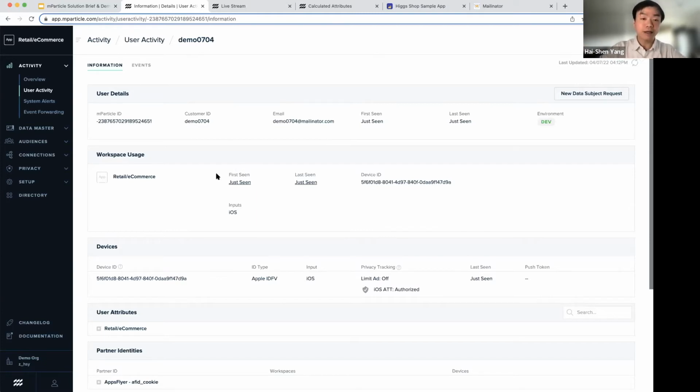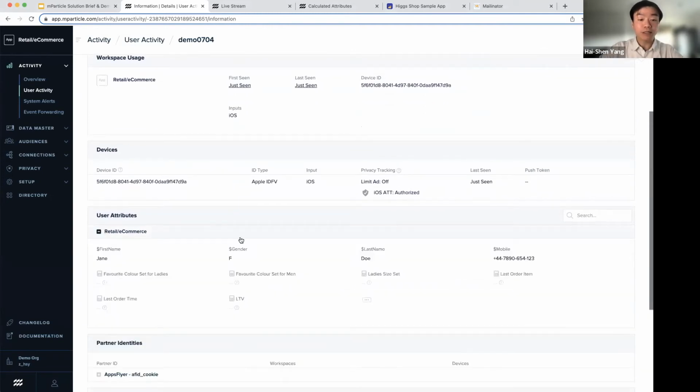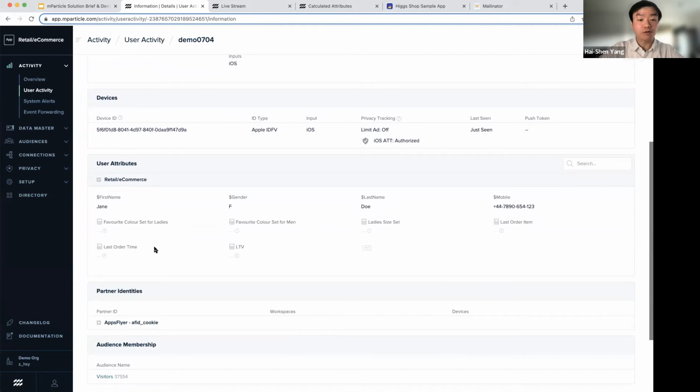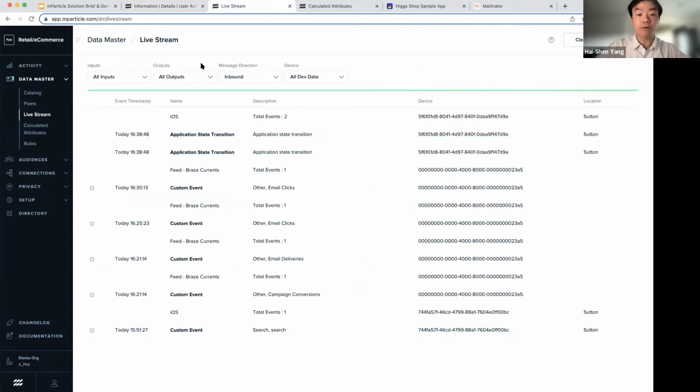And you see, we've got the customer ID, email, and a little bit more detail about Jane, which shows her name, her contact number, etc. But not much more. So if I do a bit more activity, actually I will just ingest a few more data about Jane. So I'm going to switch to our